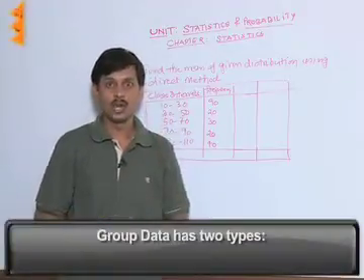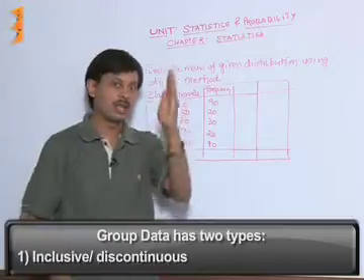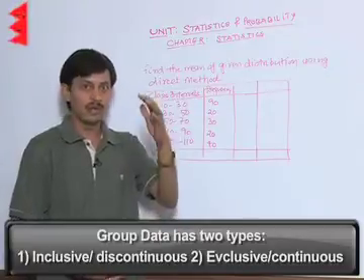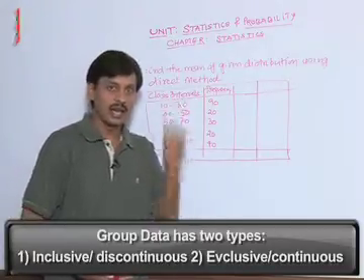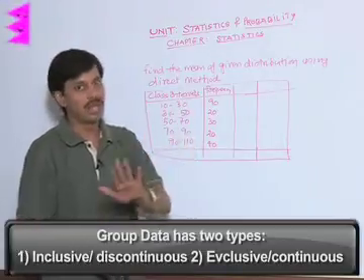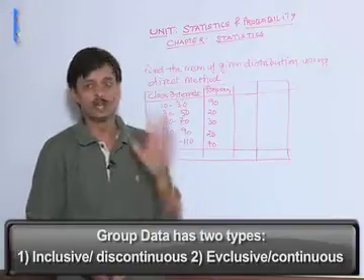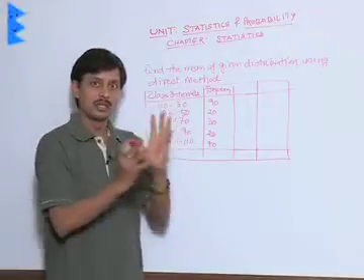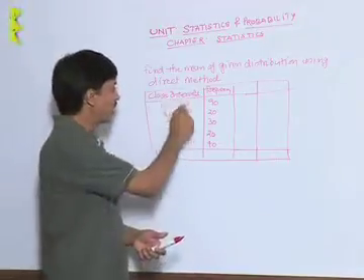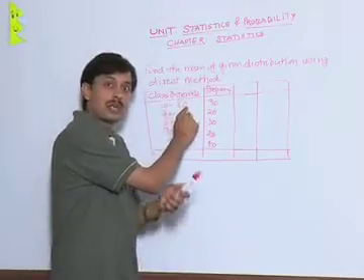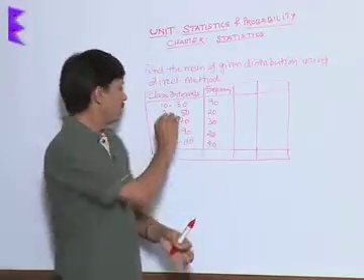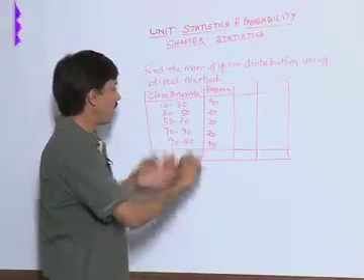Grouped data are of two types: one is known as inclusive, the other as exclusive. Another name for inclusive is discontinuous, and another name for exclusive is continuous. If exclusive, then continuous; if discontinuous, then inclusive. Suppose there are some observations 10 to 30. It means that 30 will not be considered in the first interval. Whatever information we put in particular groups, suppose the last observation